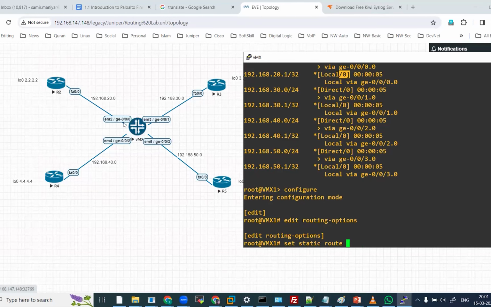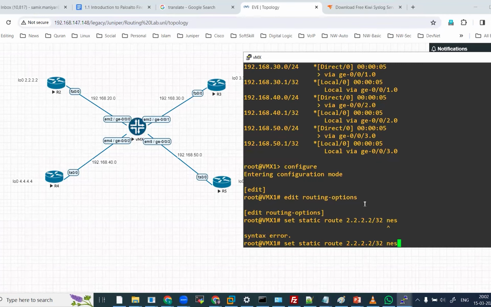If we directly want to ping individual routers, like I can ping from 20.1 to 20.2, but I need the 2.2.2.2 IP address, right? So let's set up that 2.2.2.2. We will keep it as /32, and then we have to specify the next hop. The next hop will be 192.168.20.2,